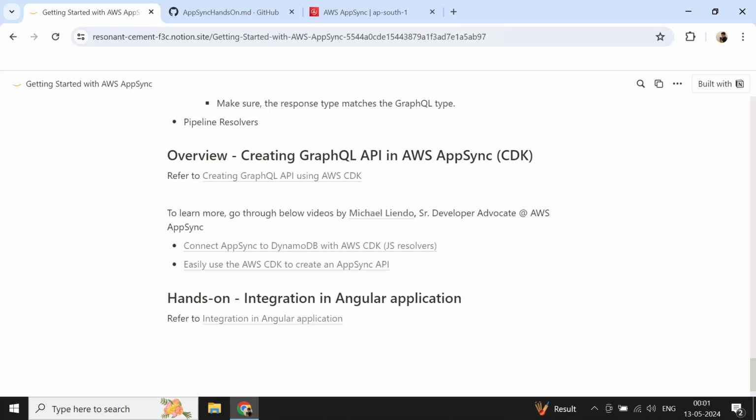So we just learned how to create GraphQL APIs in AWS AppSync through the AWS console. Now in this section I will show you how to create GraphQL APIs for AWS AppSync using AWS CDK. This is a little advanced topic and requires a little knowledge of AWS CDK. In this section, you will also learn how to write TypeScript resolvers. If you want to skip this topic, you can skip. But if you want to learn advanced things or do real development in AWS AppSync,